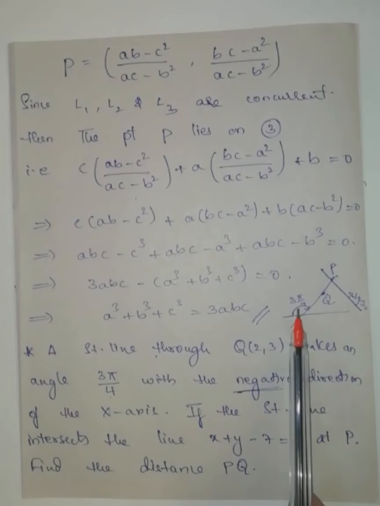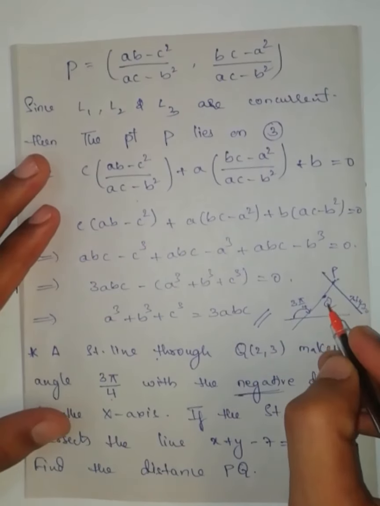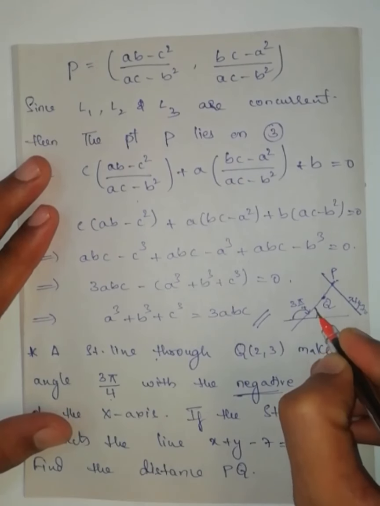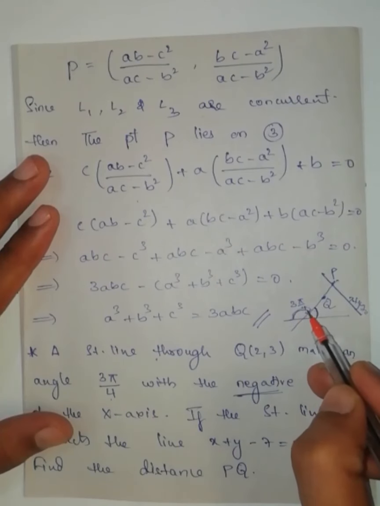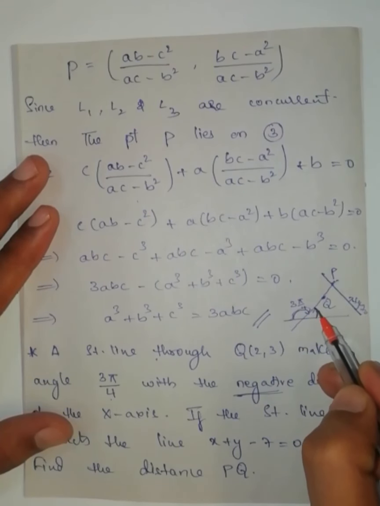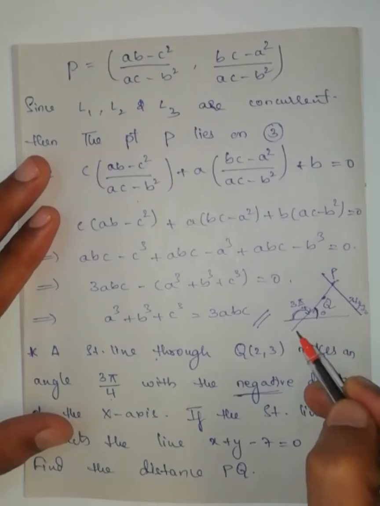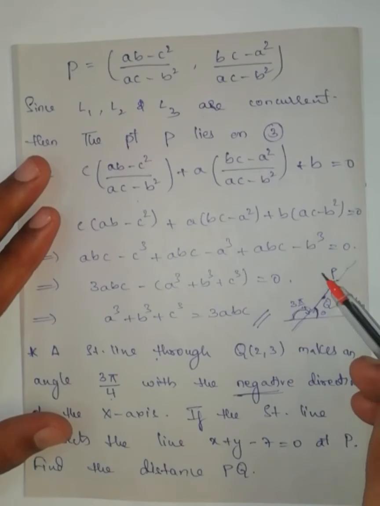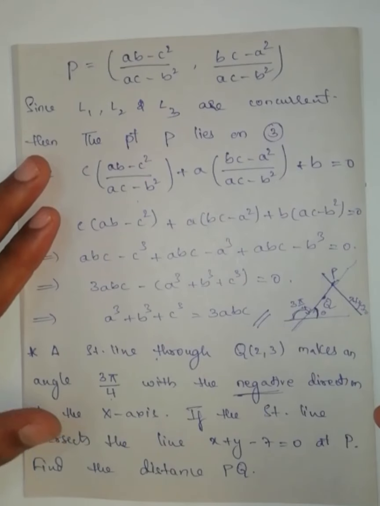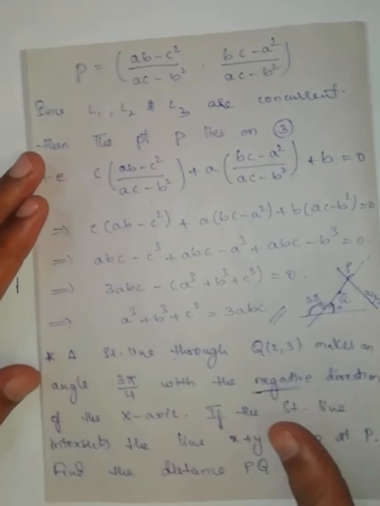Since this is the negative direction of x-axis, then the positive direction of x-axis will be this one. Since we know that the total angle is 180 degrees, from 180 degrees I am going to remove this one, I will get this one. After getting this angle, I will find the slope, and using slope and point form, I will find the equation of this straight line. After getting equation of this straight line, I will make the point of intersection of this straight line and this straight line. Solving the two straight lines, I will get the point P. Then I will find the distance between PQ. So let us start